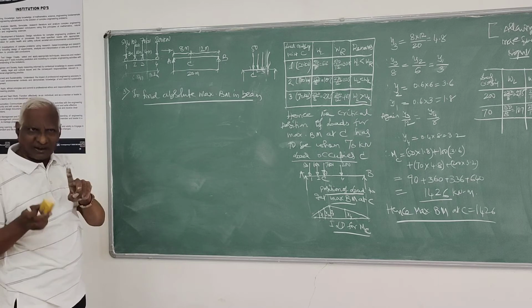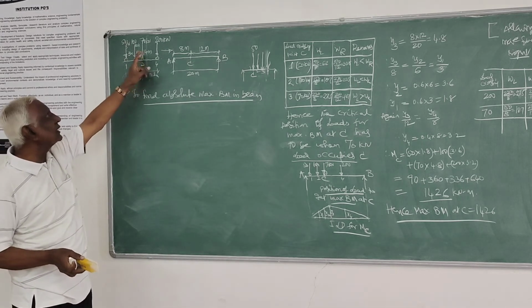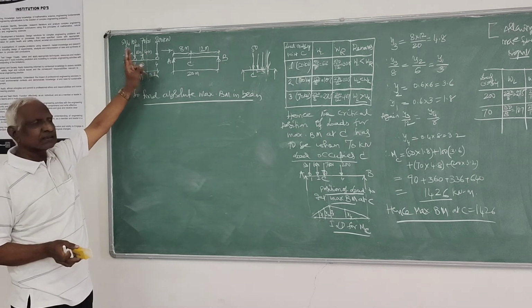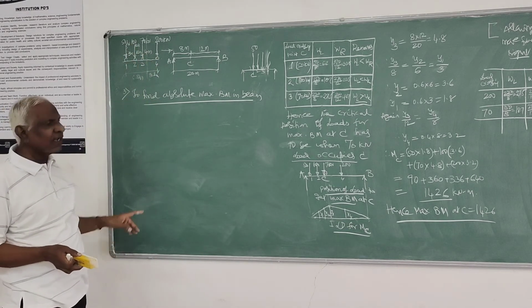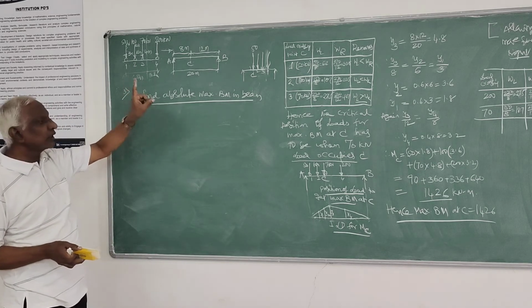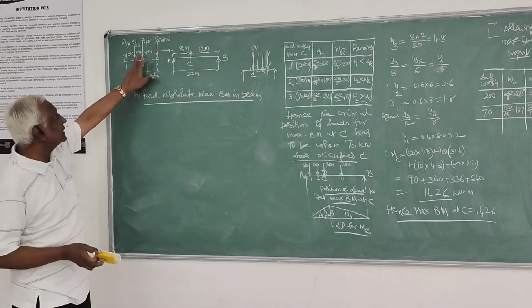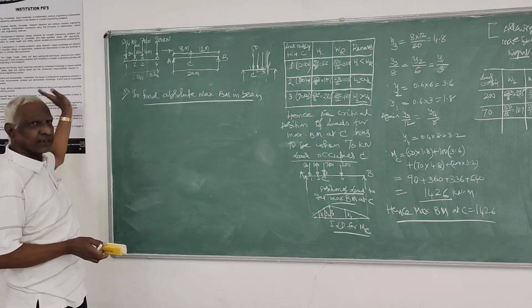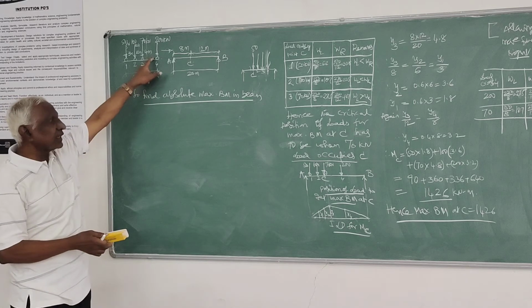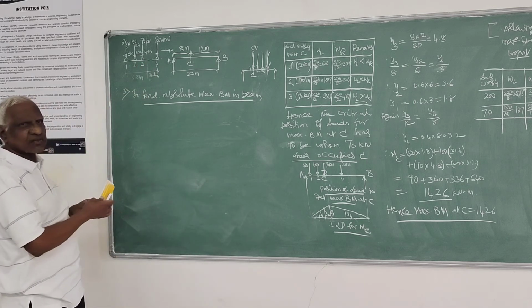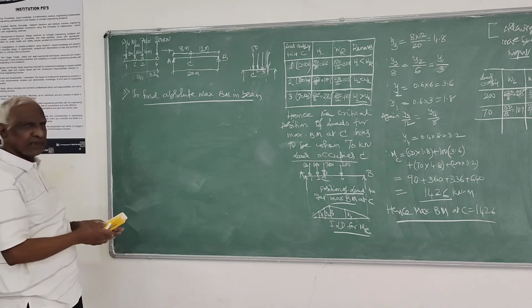So to avoid that confusion, I have given the procedure: you select a load lying on both sides of the center line, and that load you keep at a distance either from the left side or right side. This left side load you take its distance from the right end, and for this right side load you take the distance from the right end, and you place these loads in the beam at a